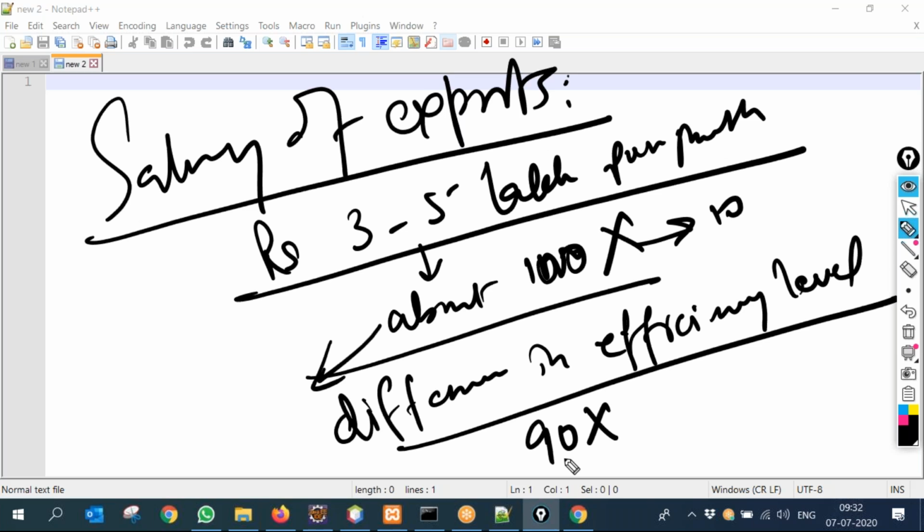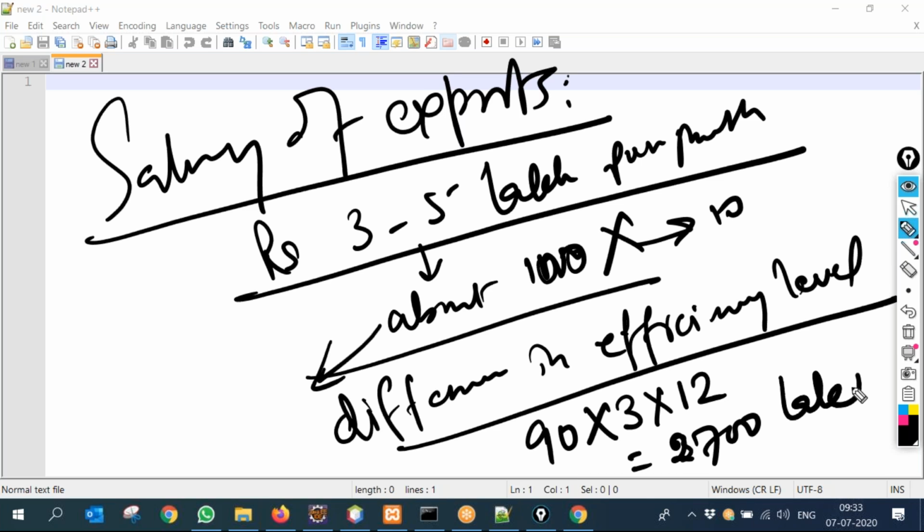If I give them 90, I will save their 3 lakh into 12, around 36 into 90, how much? So 2700 lakh. That is 270 million rupees. A lot of money.